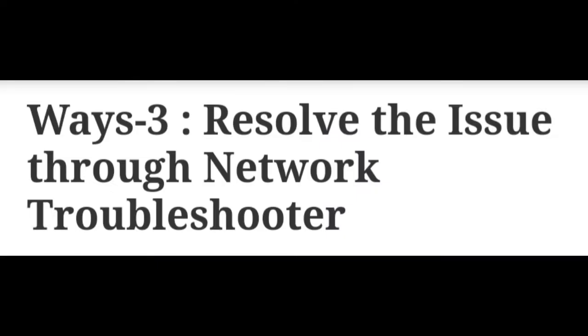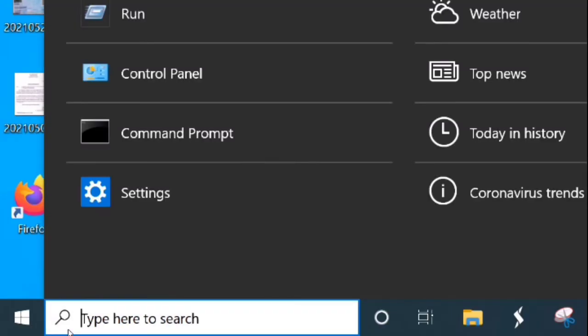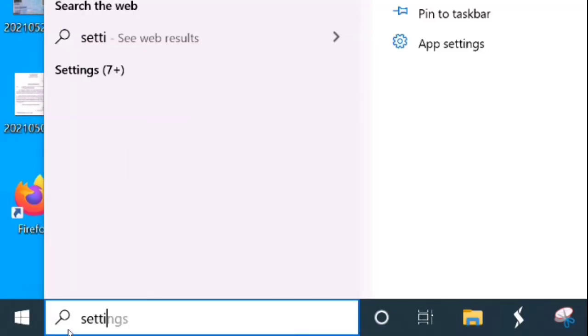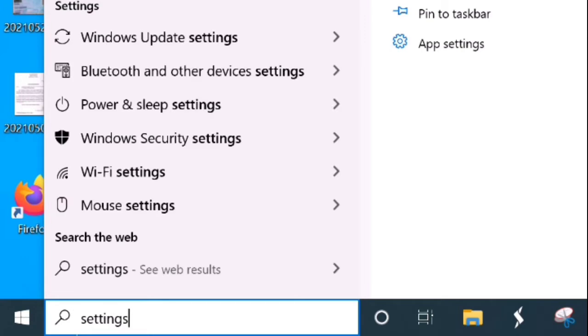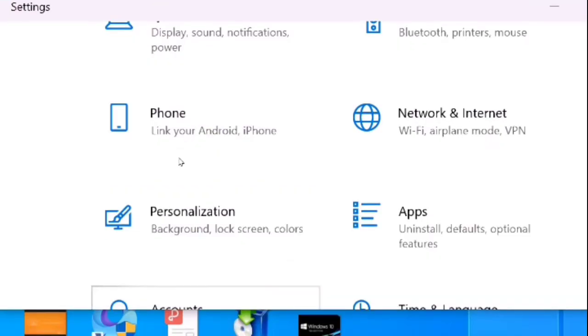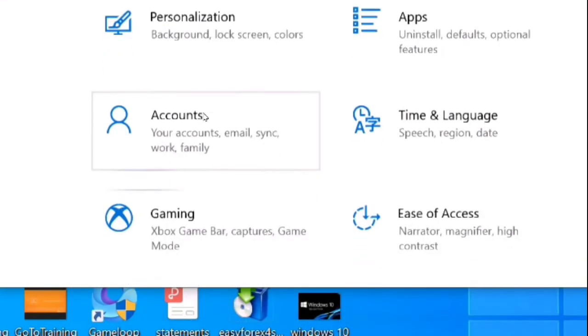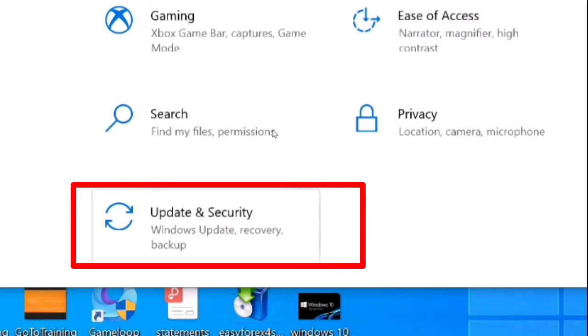Workaround 3: resolve the issue through the network troubleshooter. Go to the start, type settings and choose the option Windows settings from the top result. Now choose the section update and security.